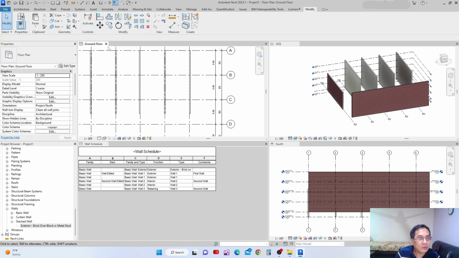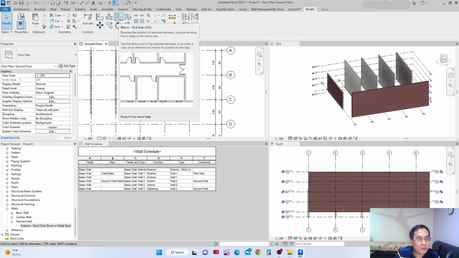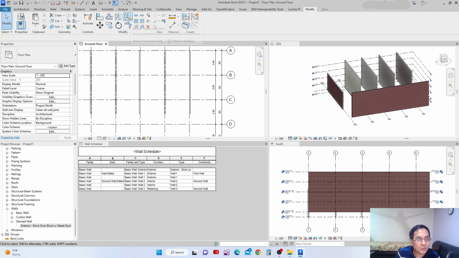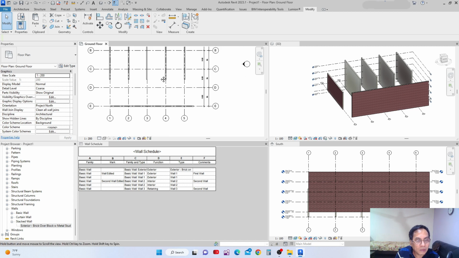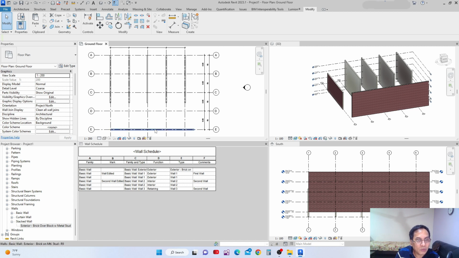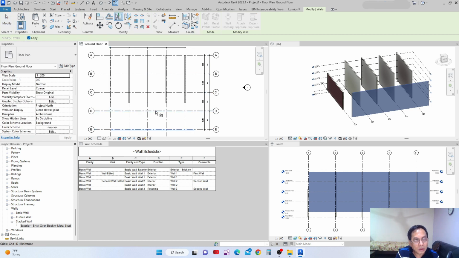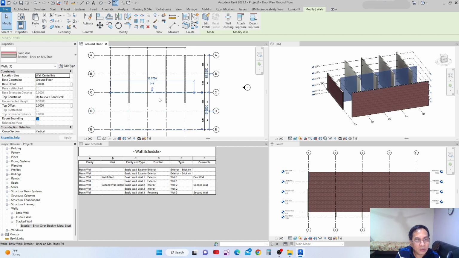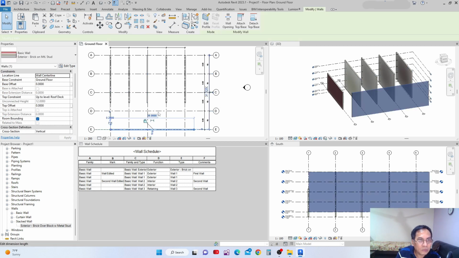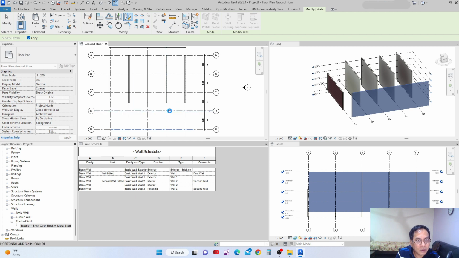Mirror. These are all modify tools. There is a mirror here. There is a mirror in one axis click, and there is a 2-point click. Like if I want to mirror this, I click this mirror, and I click it here, there, it goes one click. And then another one, if I want to mirror this by 2 points, I can select this and here,